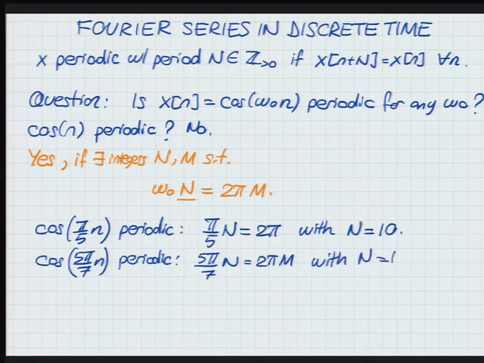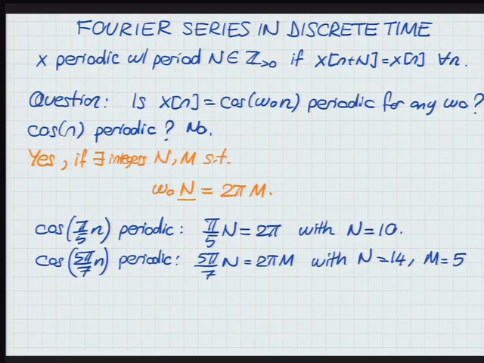N is 14 and m is 5. Okay? So that example explains why in general we need an m. We can't expect to hit exactly 2 pi. It may have to be an integer multiple of 2 pi. Alright, so we found two. So basically the answer to the question is, yes, it's periodic if you see a pi in there. Without the pi, you're doomed.